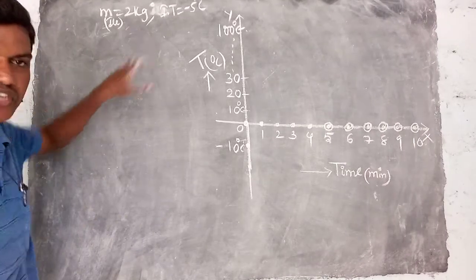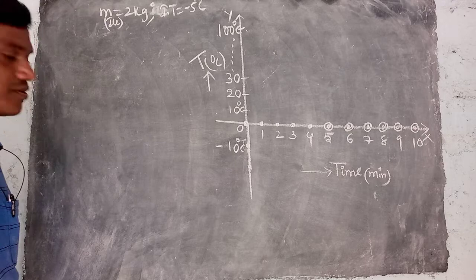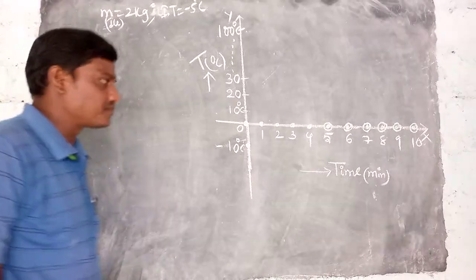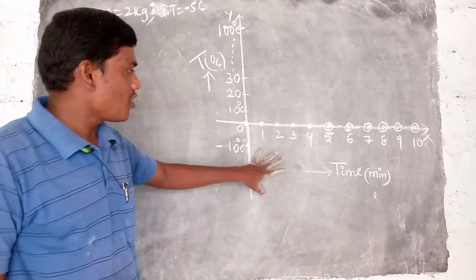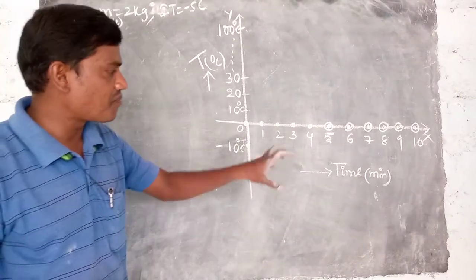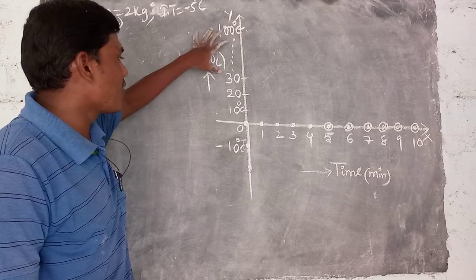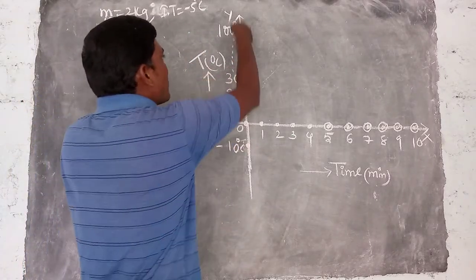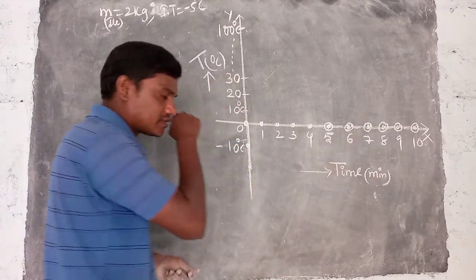During this condition, what observations did you make? We can explain that with the help of a diagram by taking the time and temperature values. So now here is the graph. The time values are taken on the x-axis in minutes. The temperature values are taken on the y-axis in degrees Celsius. Here is the plus y-axis, the minus y-axis, and the plus x-axis.